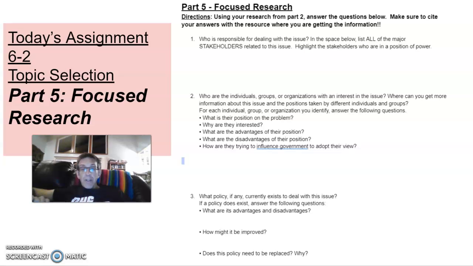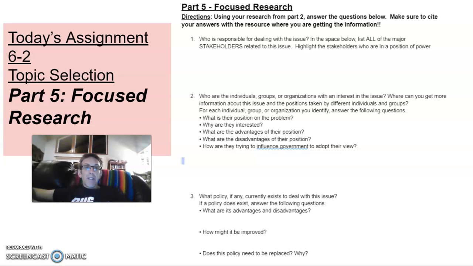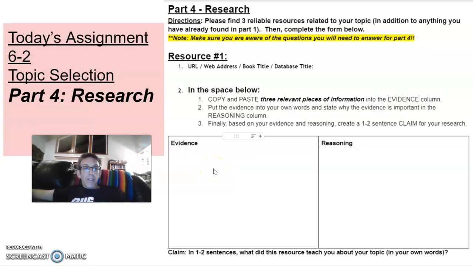So in addition to the Durango Herald, which is totally fine, you can go to those stakeholders' websites. You can go to the organizations, as far as who do we have in the community that's already working on this problem. You can go to the policy, maybe from the report from the Durango Herald, from the actual organization. So there's a lot of different possibilities as far as where this research is going to be coming from. Okay. So again, just to summarize, when we come back together on Tuesday, please make sure that